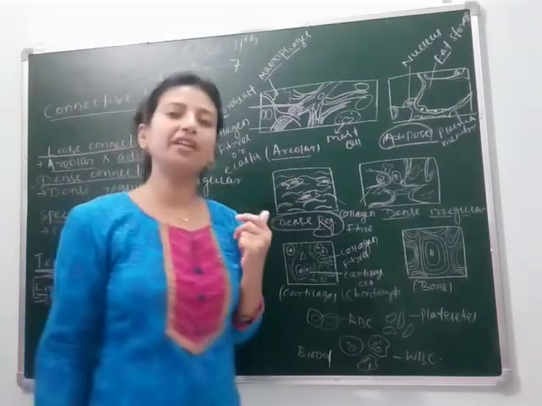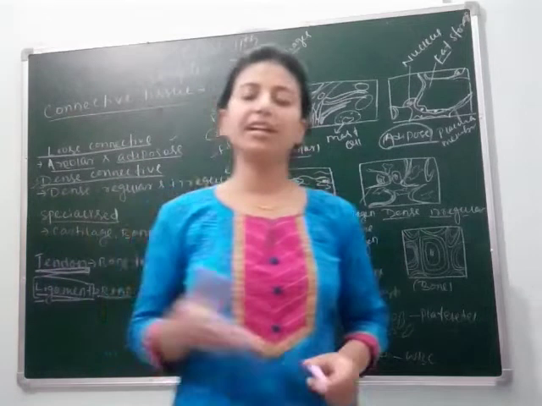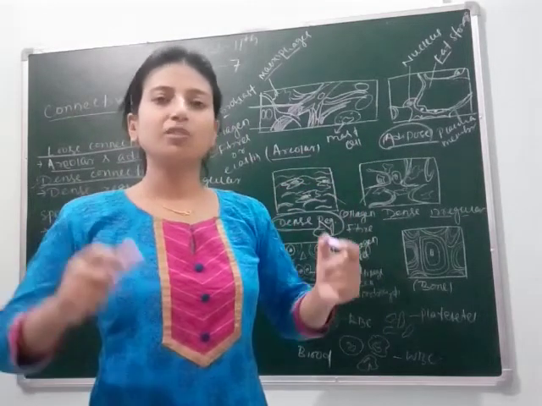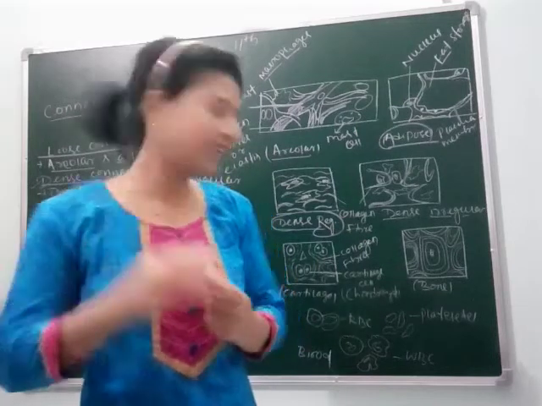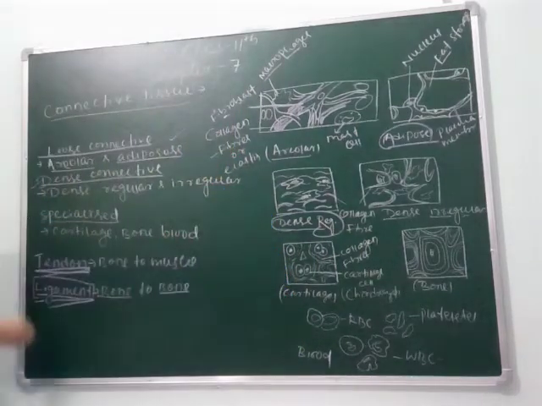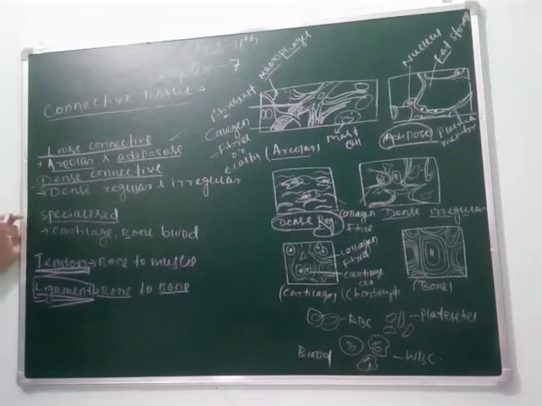When we see the skeleton of a human being or any other organism, we can see that the bones are attached to each other. So how do they attach? They are attached with the help of ligament. You can see tendon attaches bone to muscle and ligament attaches bone to bone. Clear, students? This is also present just below the skin.